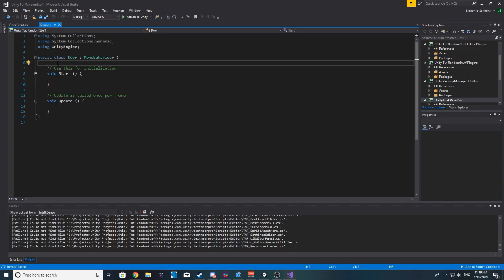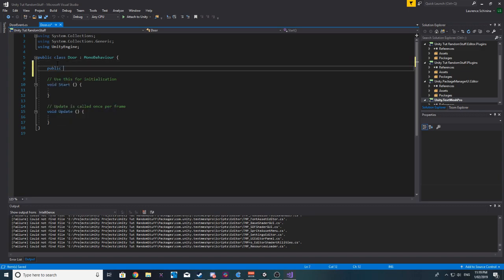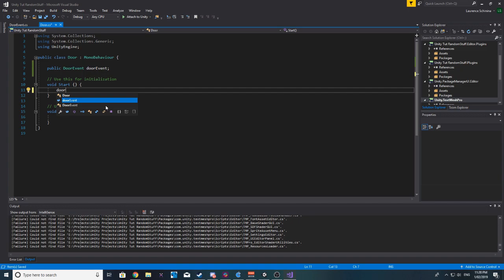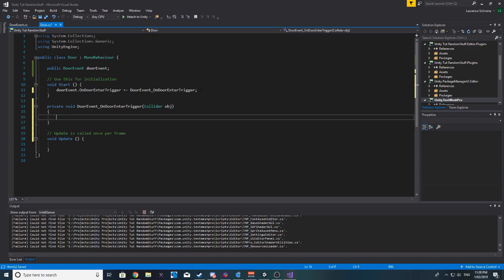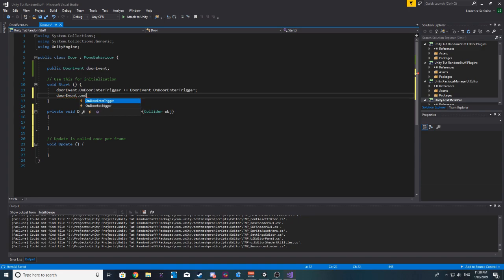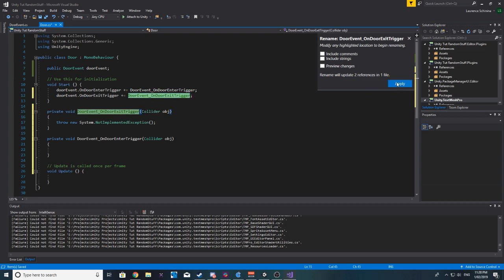So we can now go to the door script, and we want to make a public door event, and this is just going to be called, let's call it door event. And so in the start function, what I want to do is actually assign the actions that we just created. So door event dot on door enter. If we simply do plus equal and double tap tab, it'll auto generate the code we need. And then we want to do exit, so door event dot on door exit, and then plus equals double tap tab, auto generates our code